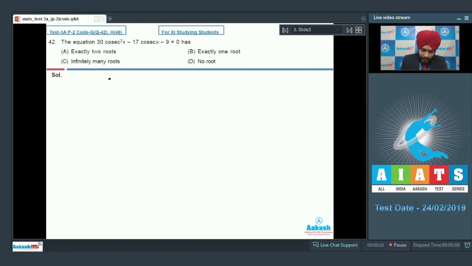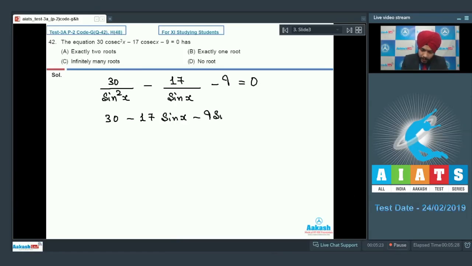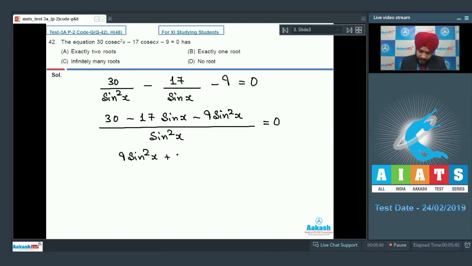So we can write it as 30 upon sin square x minus 17 upon sin x minus 9 is equals to 0. So it is a quadratic equation in sin x, which is 30 minus 17 times sin x minus 9 sin square x whole divided by sin square x, that is the LCM. Obviously it can be sent to the right hand side. Okay, so we have finally 9 sin square x plus 17 sin x